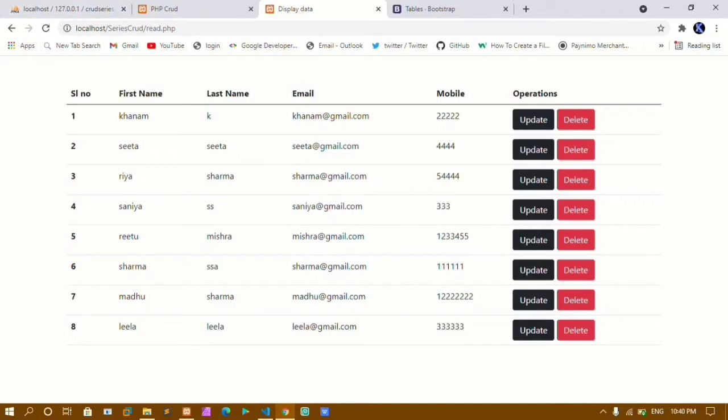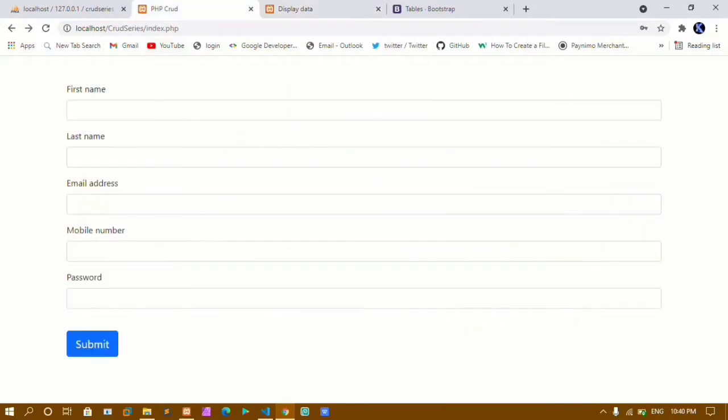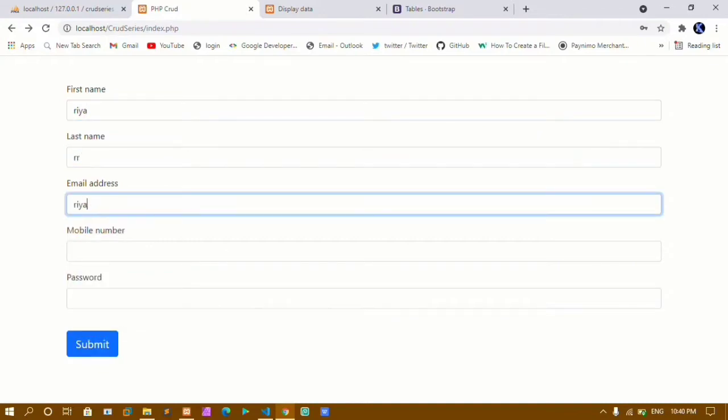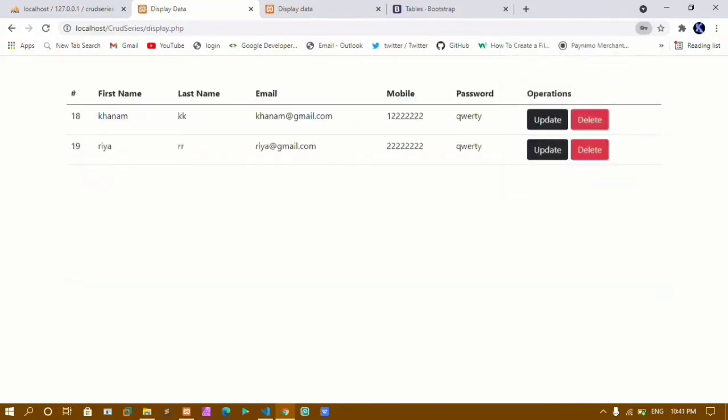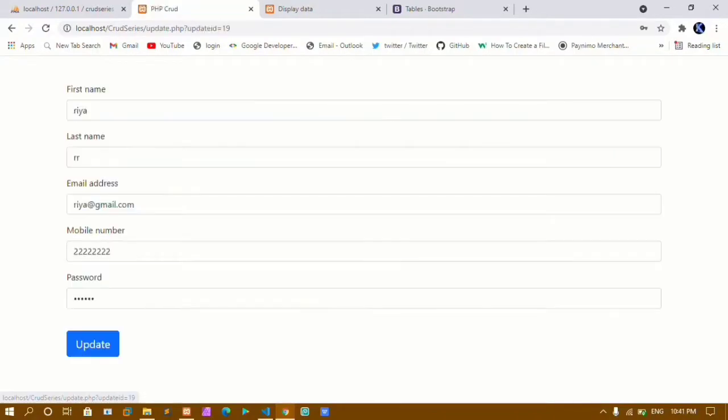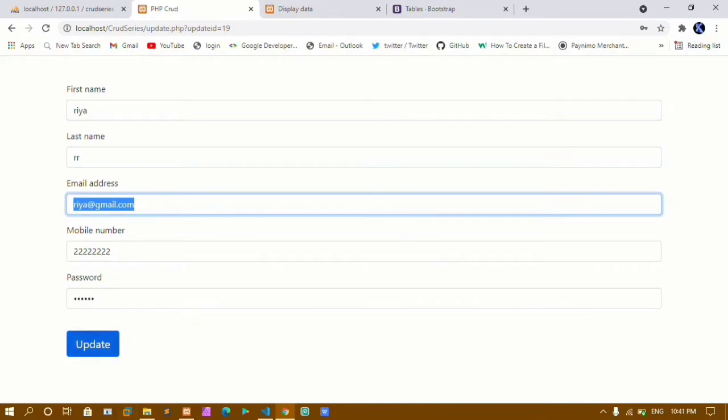Now in this video we are going to learn about U, that is update. Here I have this demo. I'll just show you here. I'll just write one name. I'll click on submit. You can see here Ria has been added and I have this data here. Now when I click on update, all the particular fields, the name, has been added here and I got this update button. Now we are going to see how to update the data.